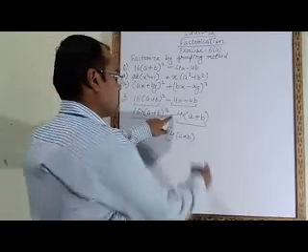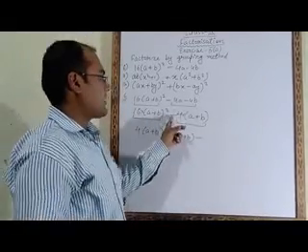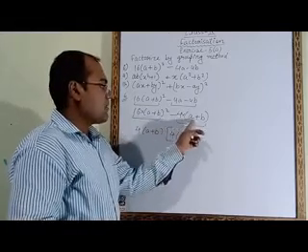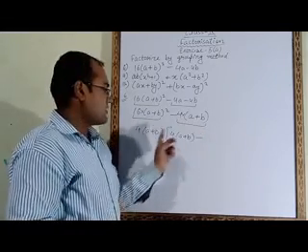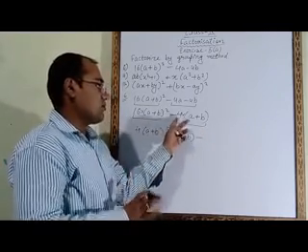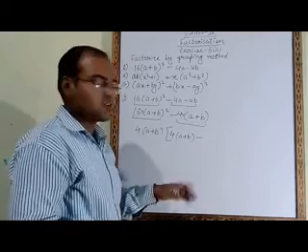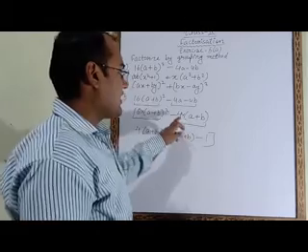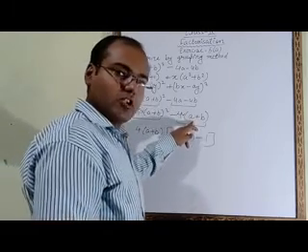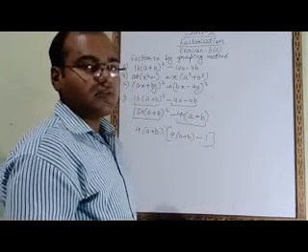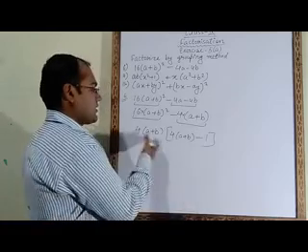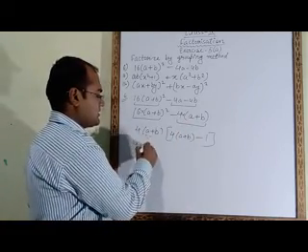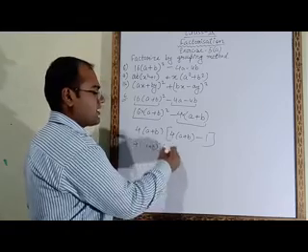Now the minus sign. After minus, what is written here? 4. 4 we have taken common, so no need to take this 4 again. This a plus b we have taken common. That means 4 also we have taken common, a plus b also we have taken common. So in this case, what you have to write here? Here you have to write 1. Since we have taken 4 also common and a plus b also common, here we have to write 1. Now what you have to do? You can open this bracket. This 4 as it is, a plus b also as it is. Now in another bracket we will solve this.